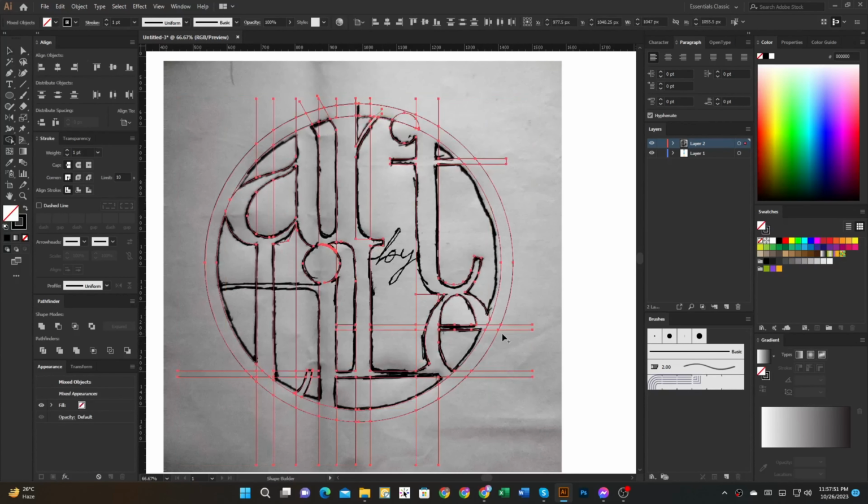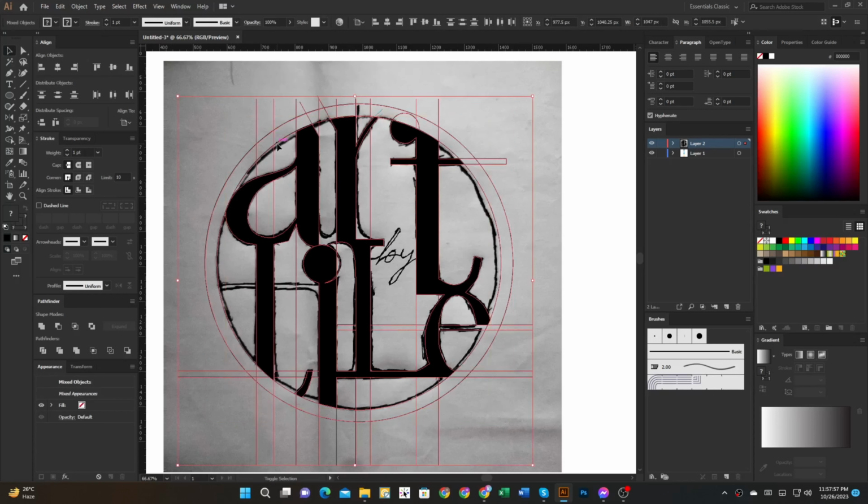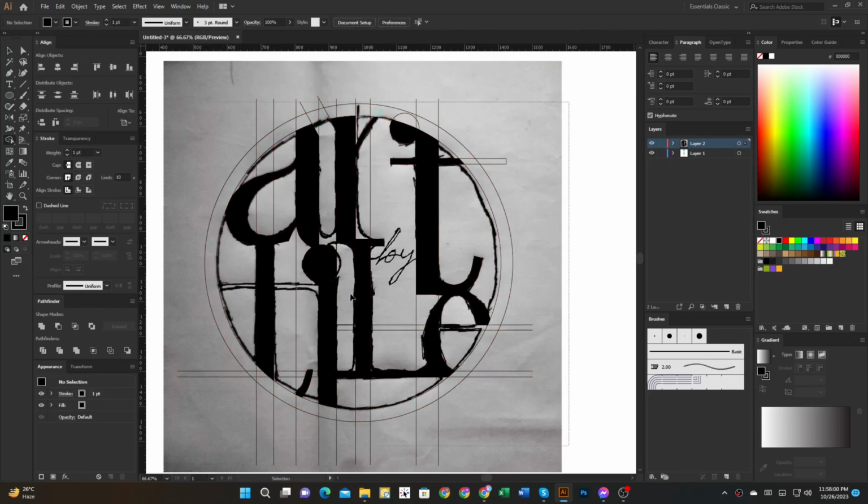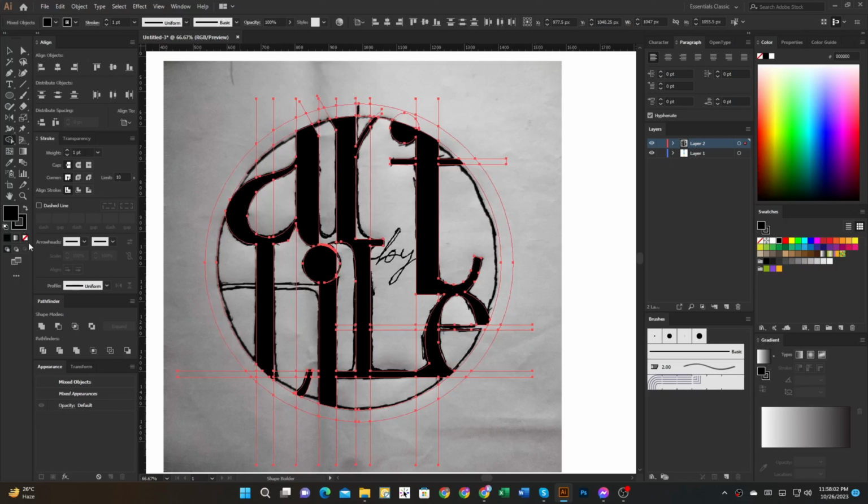OK, it's perfect. Then it's for color selection.